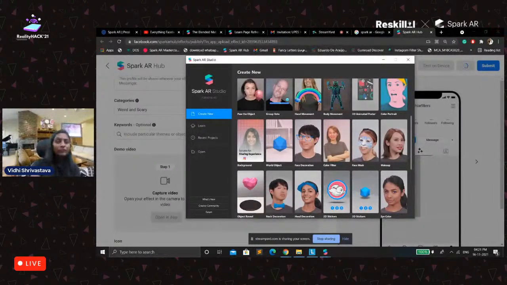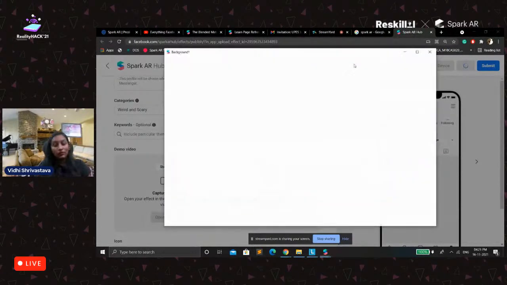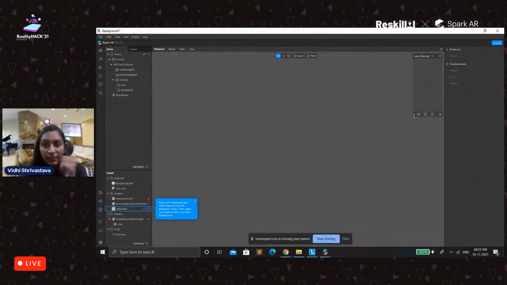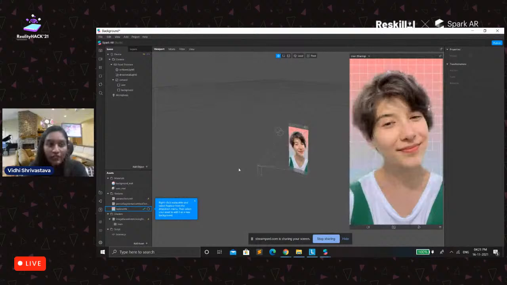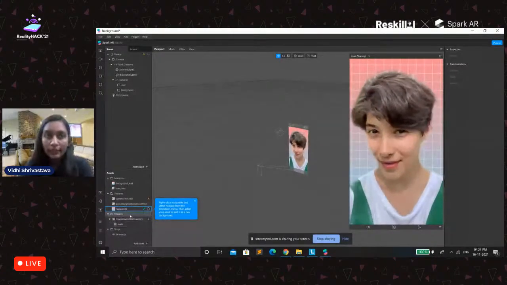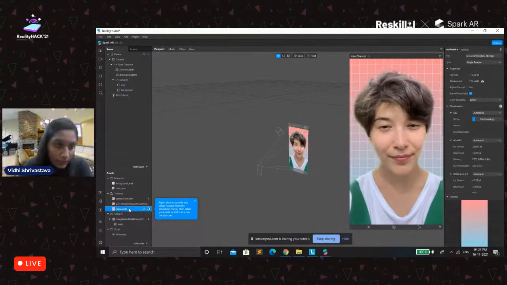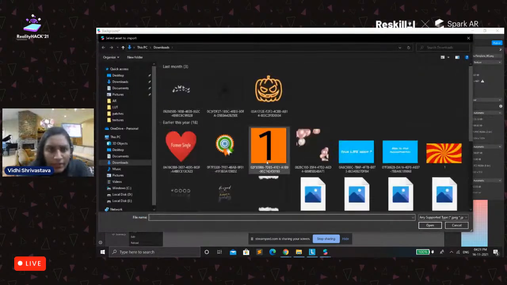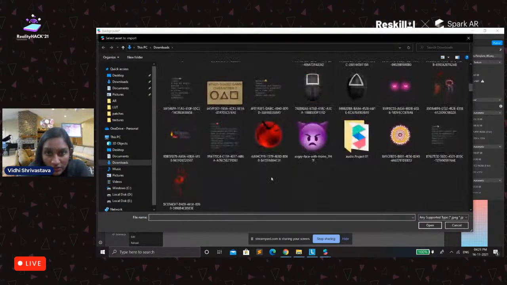We have previously seen that we did the background effect dynamically. Directly we extracted the rectangle, and then we took the segmentation of it. But if you want to use the template itself, what you could do is just replace this one. Right click it, replace it, and you can just replace an image.